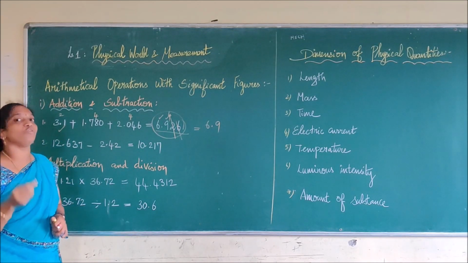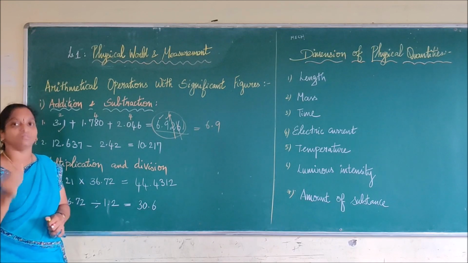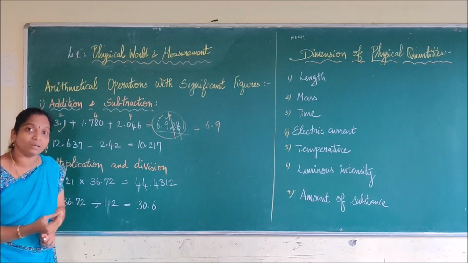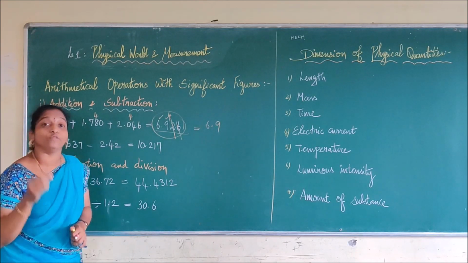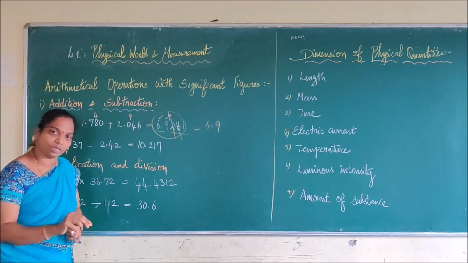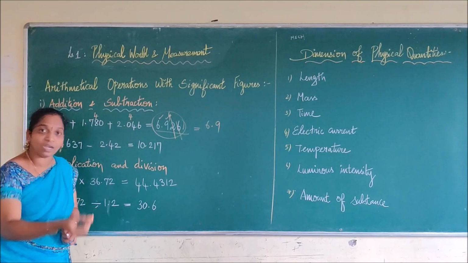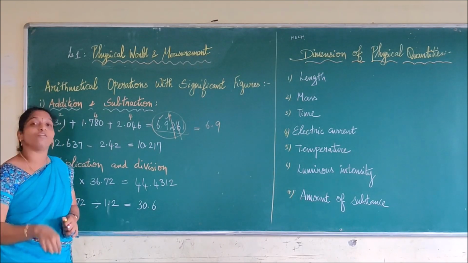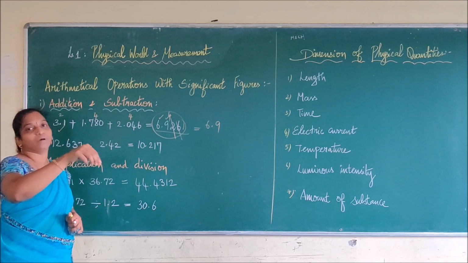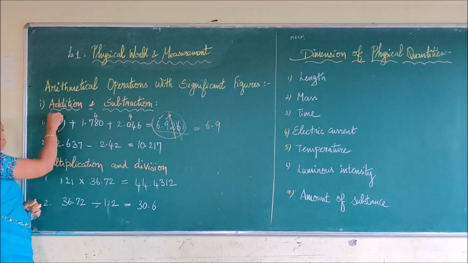Like this, they will give you 2 numbers or 3 numbers and they will ask you to add the numbers and round off without saying how many significant figures. So what do we have to do? We have to check the significant figures of the given numbers and round off the answer to the least number. So this has the least, 2. If I see